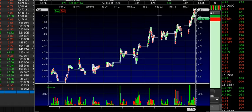If it does get to 485 and break out, then it can get to 5. And I would love to make 30 cents a share. That would be probably best case scenario, to make roughly 500 bucks. Worst case scenario is I lose probably 5 cents a share and I lose like 50, 75, 100 bucks. So if you're willing to risk losing 50, 75, 100 bucks to potentially make 500,